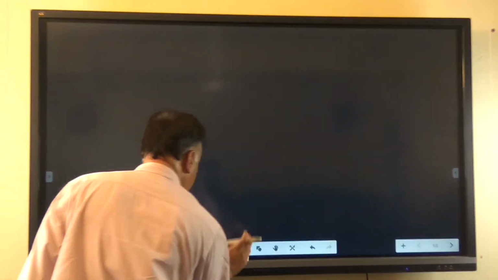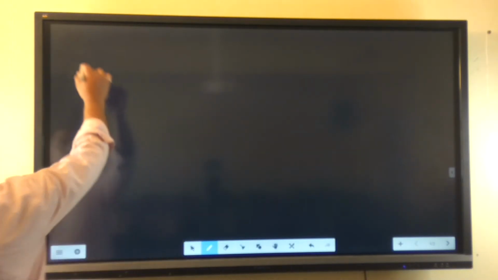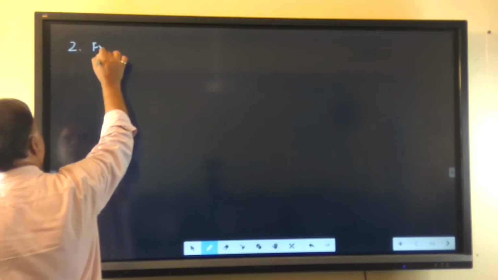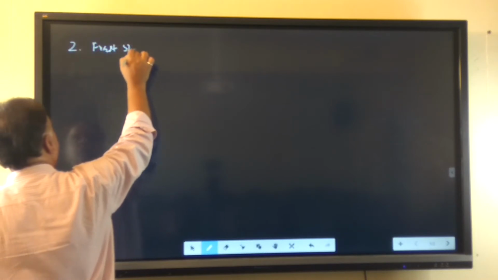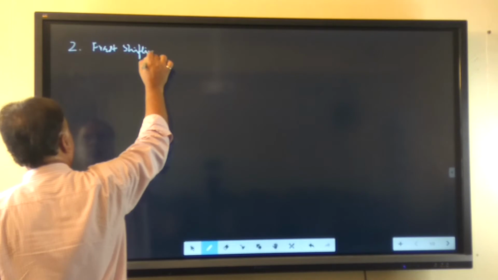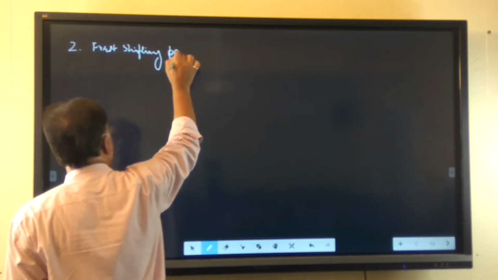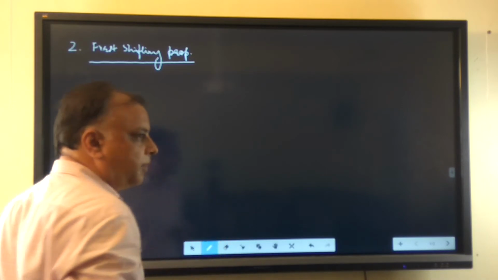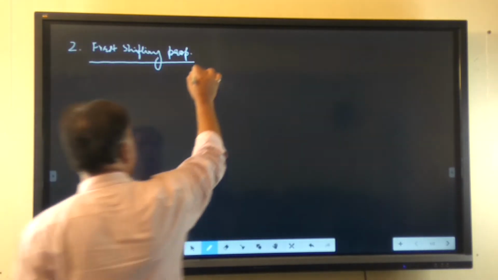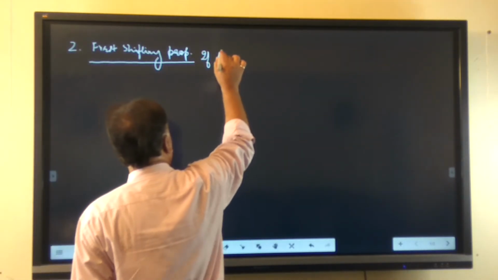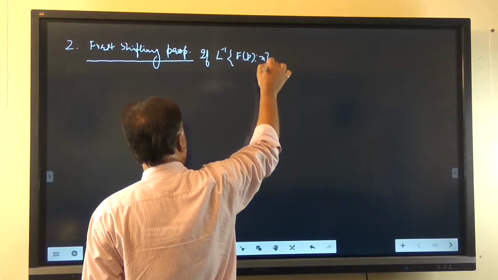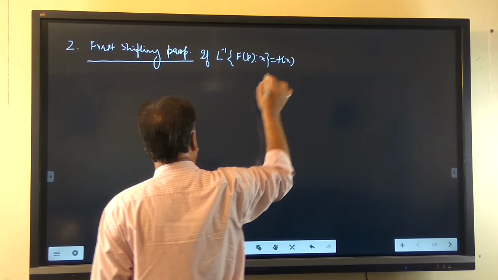Another property for the inverse Laplace transformation is the first shifting property. The statement of the first shifting property is: if the inverse Laplace transformation of a function F(p) with respect to x is equal to f(x), then